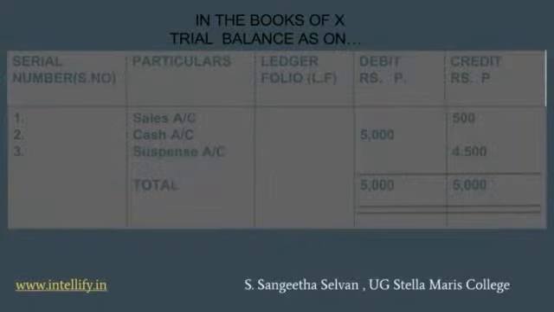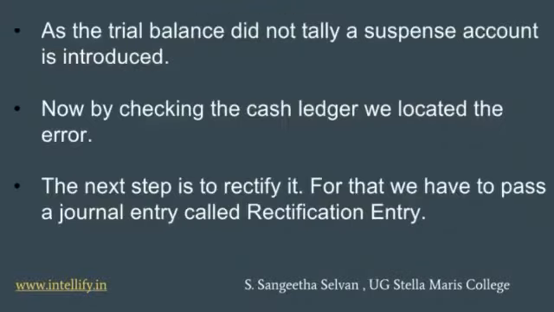So imagine only this transaction, this induces a suspense account, and let us see how to rectify. The suspense account is introduced on the credit side, which is 4500. Because 500 is already there on the credit side, only 4500 is less for tallying the 5000. So we have introduced the suspense account. Now the suspense account has a credit side balance of 4500.